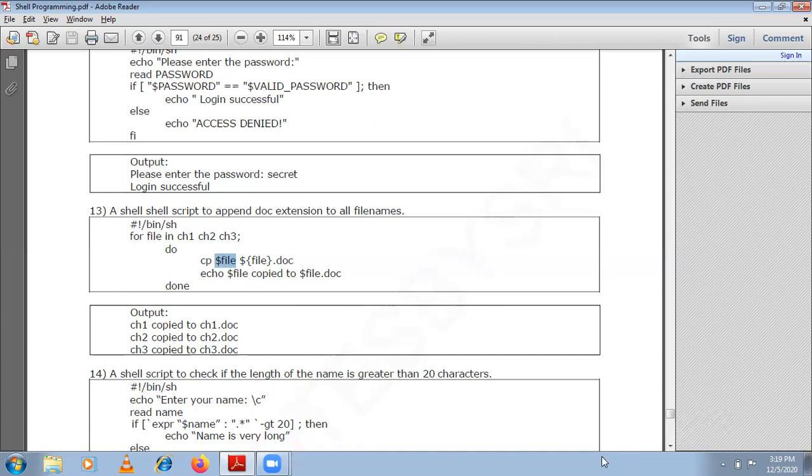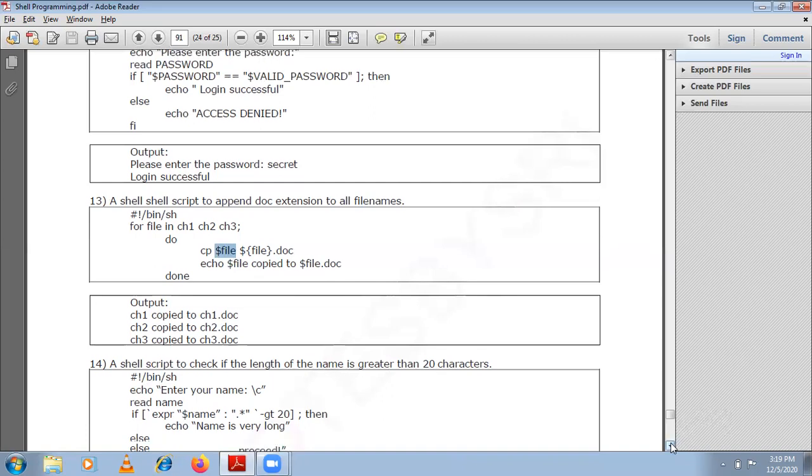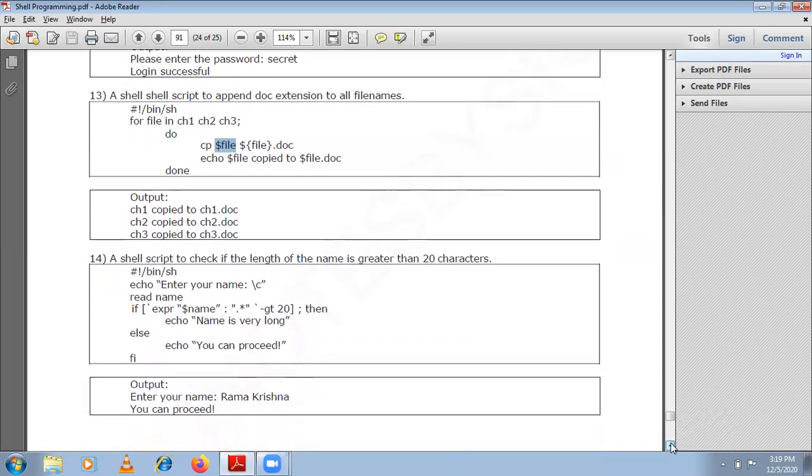The last sample shell script program. In the exam, they might ask you to write some of the shell script programs. So just be familiar with all the shell script programs we have covered so far. This is very simple and easy to understand also. This chapter is mainly based on shell programs: what are all the theory concepts, and how we can write sample shell programs.